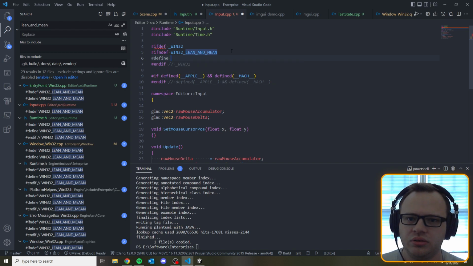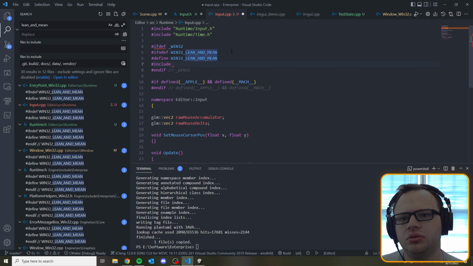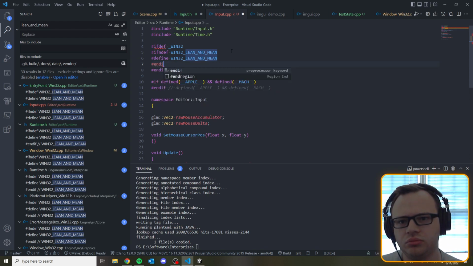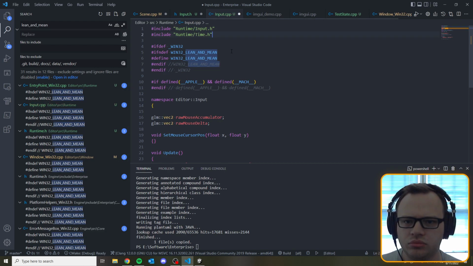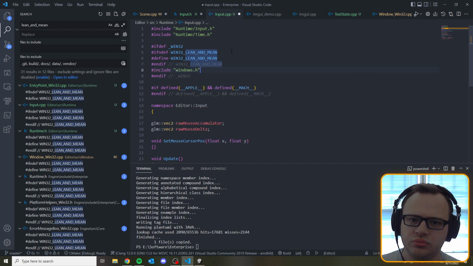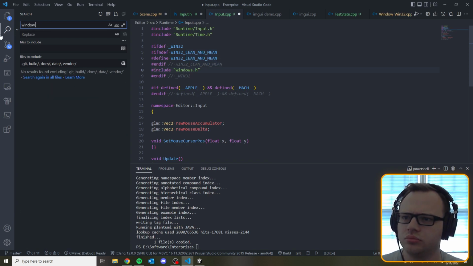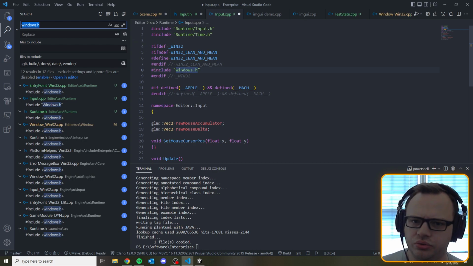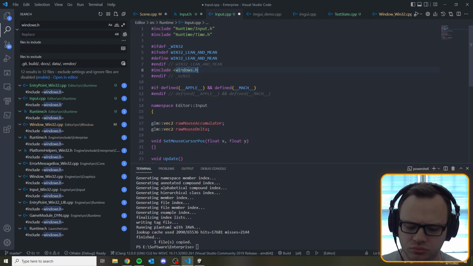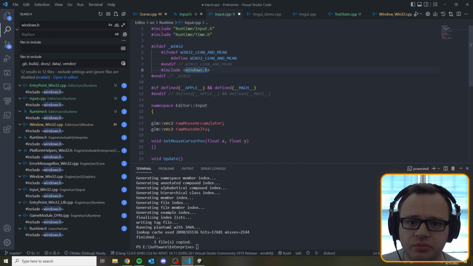Then we will define that, and then include windows.h. Now we have the windows.h header, and we can do